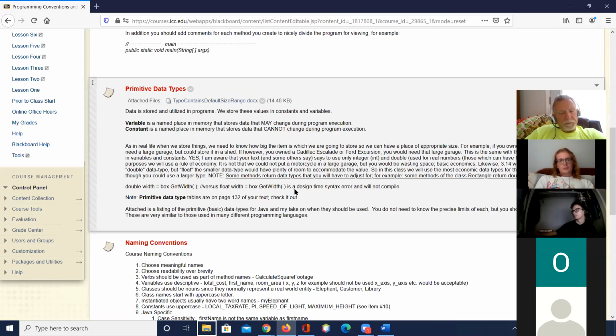Integers are whole numbers. They don't have fractions. So it takes up less room to store that than one that has a fraction. Or floating, what's called floating point, is the nerd term for it.